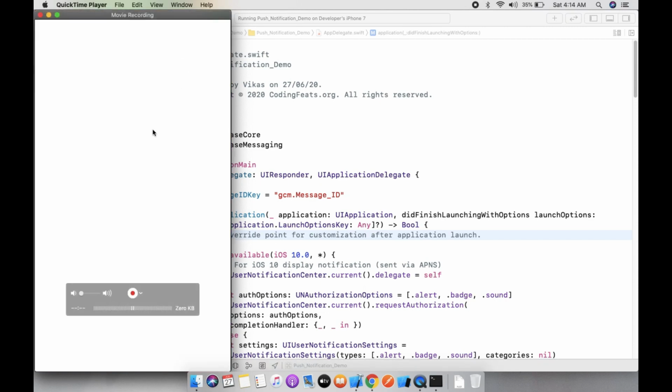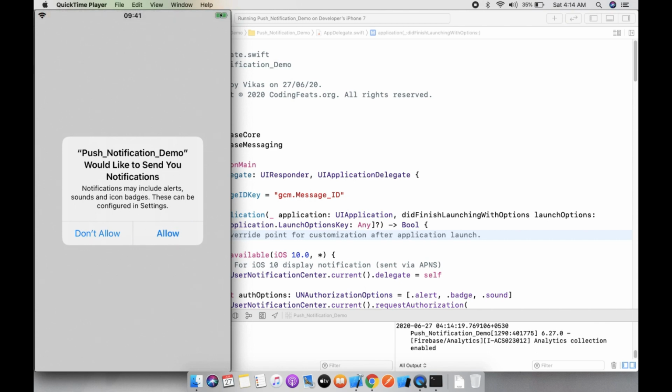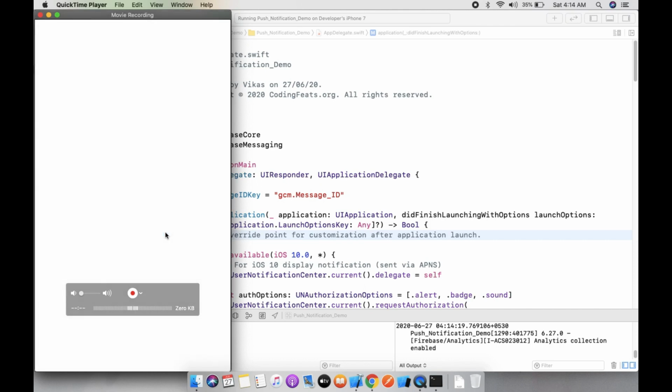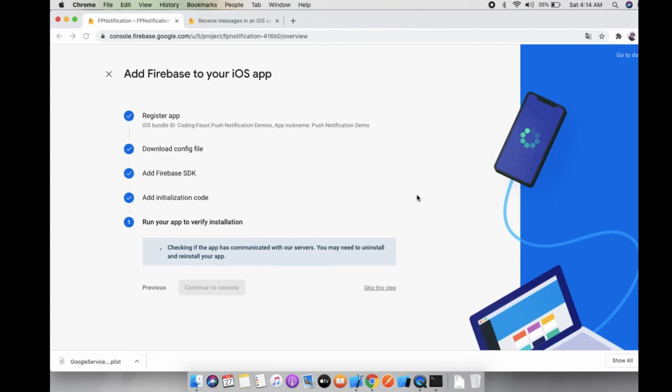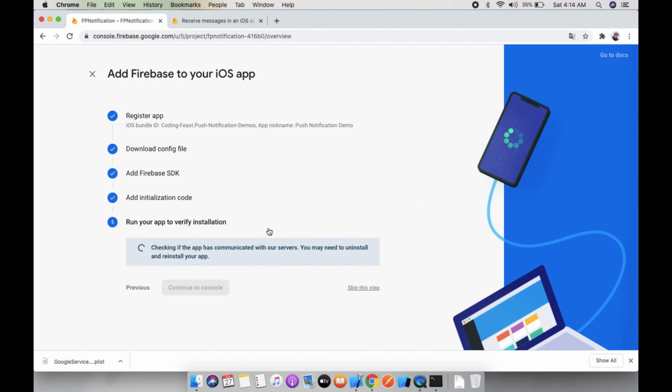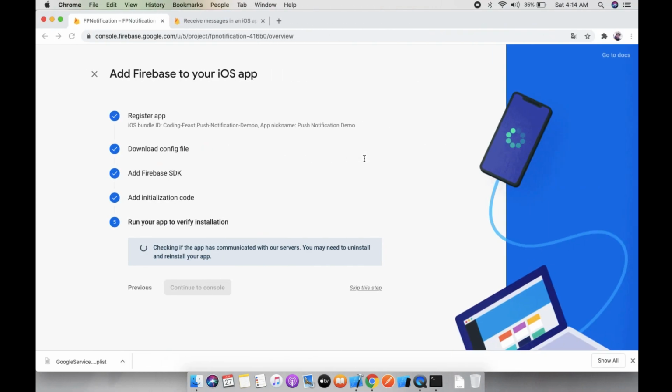Here you can see the application is running, and the pop-up is coming: Push Notification Demo would like to send you notifications. Yes, if you don't allow this, then you will not get the notifications. Here you can see the app is also checking state. So now you need to uninstall this application and run it again. This is very important, guys.